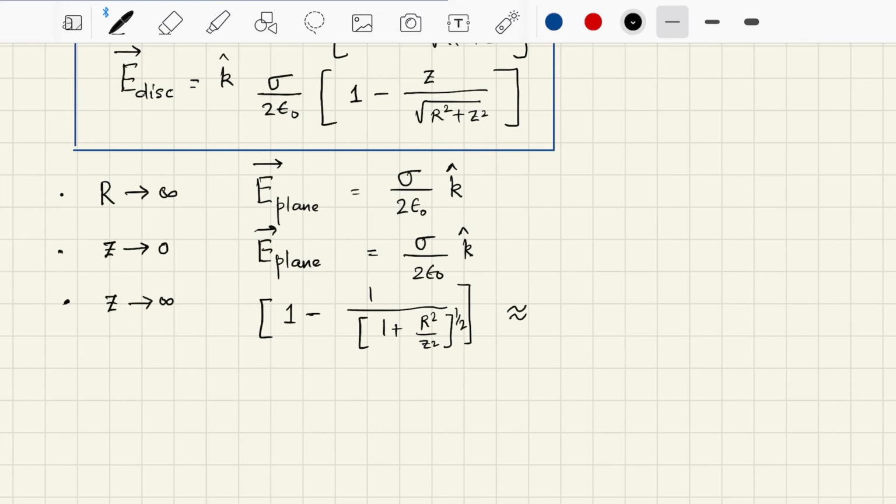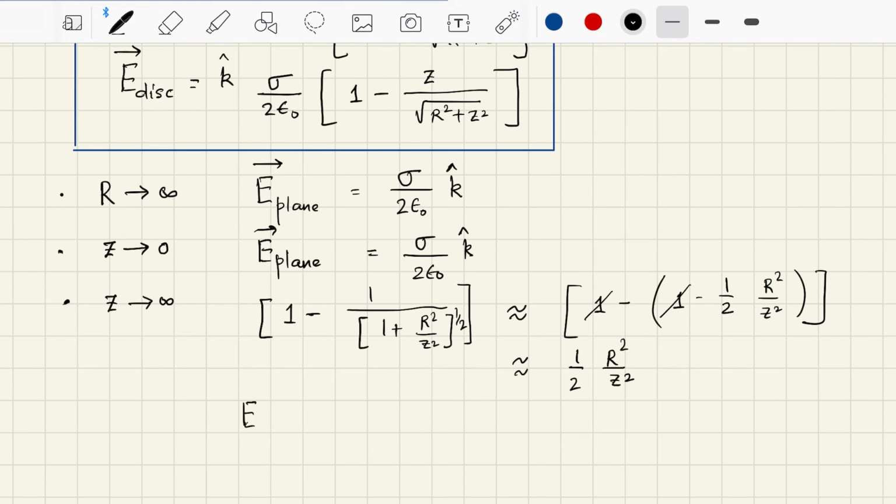All right, so then this itself will give you, can be made to be 1 minus, let's say, 1 minus half r square by z square. Okay, so then this and this cancel, so this is really half r square by z square, and hence